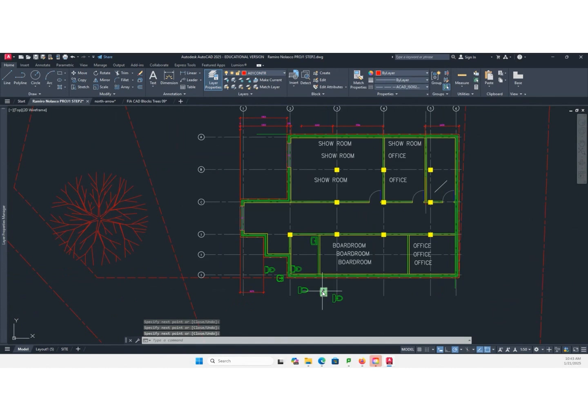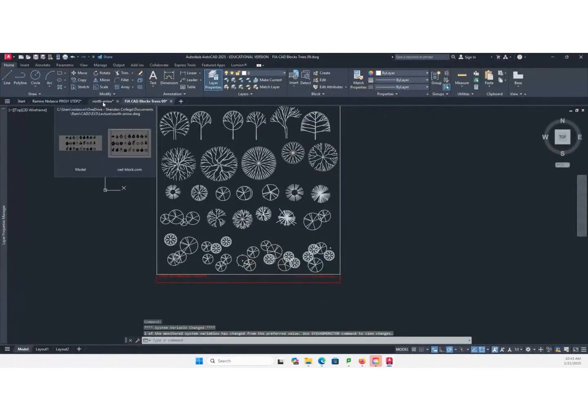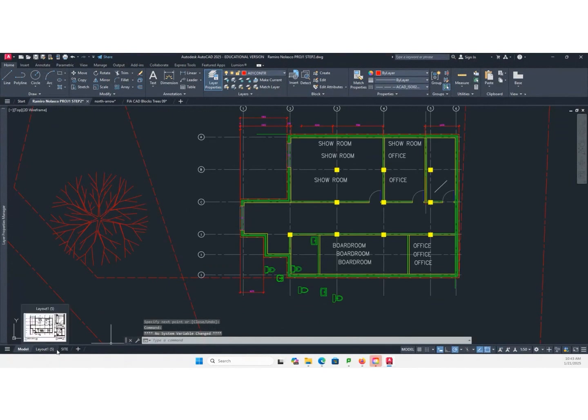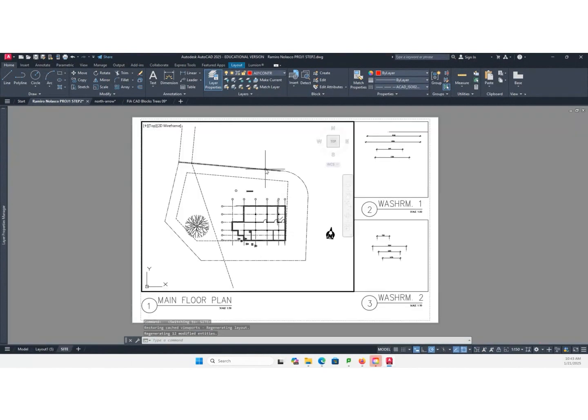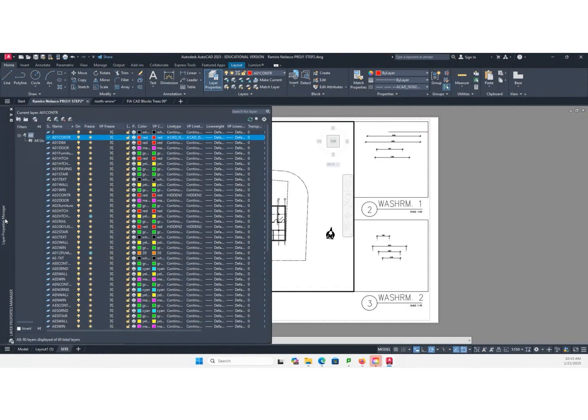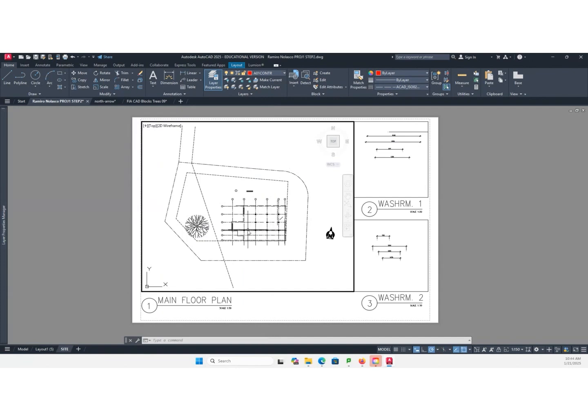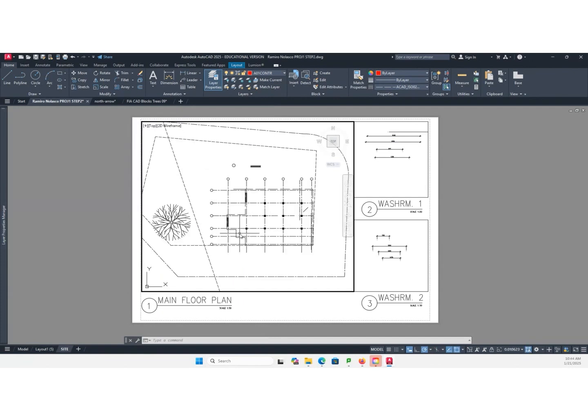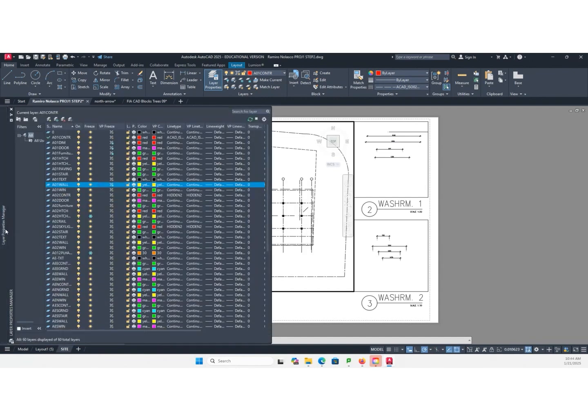Now that I have that, I can go back to my site and BP layer, turn off the dimension, turn off the door, turn off the furniture, turn off the wall. I think that's it. A grid, turn off the grid.